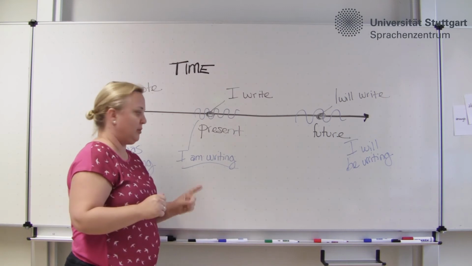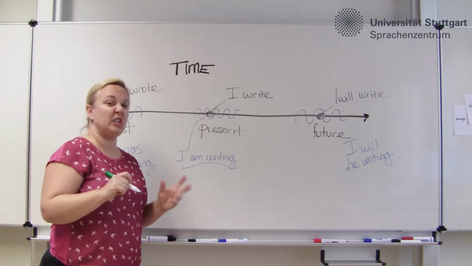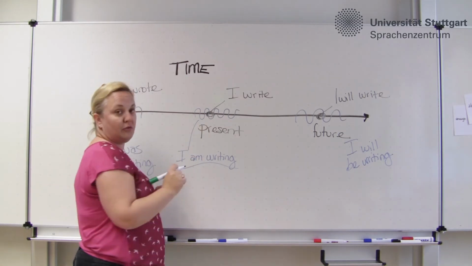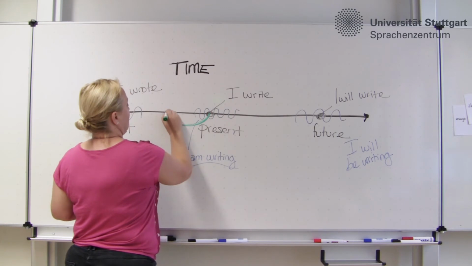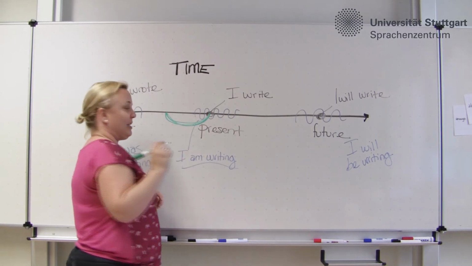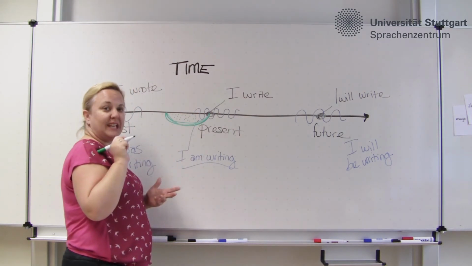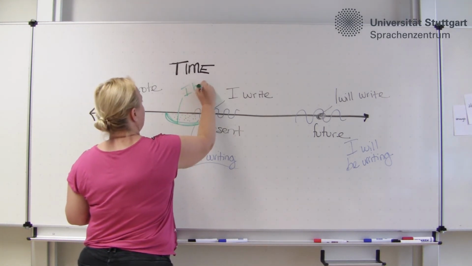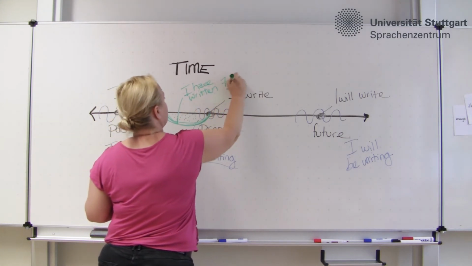And then, very important for academic writing, we have the perfect tenses. This is where it gets particularly confusing for German native speakers because the perfect tenses often get confused with the simple past. I think of perfect tenses as sort of a bowl that contains an action, but we don't really know where this action took place. We know it took place in the past. It may have taken place multiple times, but we're not sure exactly when it took place. So here we have, I have written, let's say 7 pages.